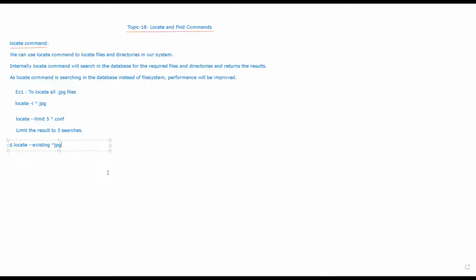Hence, before printing the result, to check whether the files exist or not, we have to use the -e option. You can use locate -e and say star.jpg.